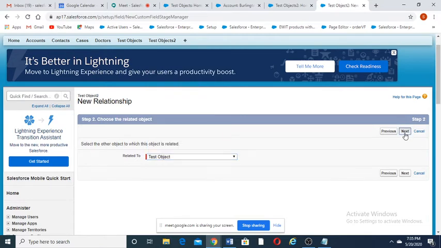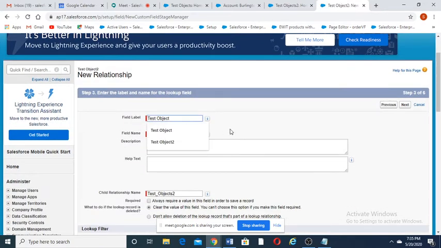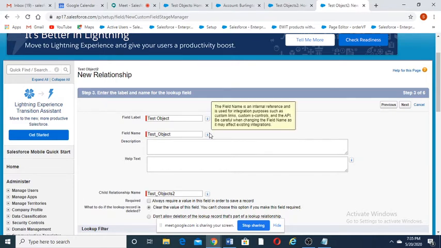Okay, then click on next, and field name is by default populated. Field name is nothing but the API name. The field name is an internal reference and is used for integration purposes such as custom links, custom S controls, and the API. Be careful when changing the field name as it may affect existing integrations.